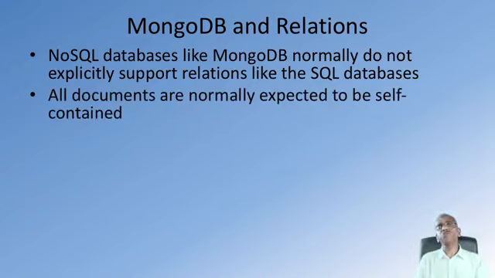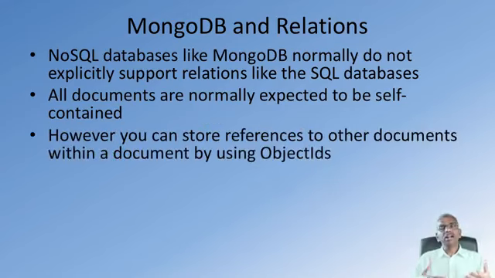MongoDB has taken a few steps in that direction, even with the NoSQL databases. But in general, document databases expect that all documents are self-contained, which means that all the information that is required is within the same document. Now, of course, there are situations where you have other documents that already contain the information and you may want to pull in that information into your existing document rather than duplicating that information. So this is where